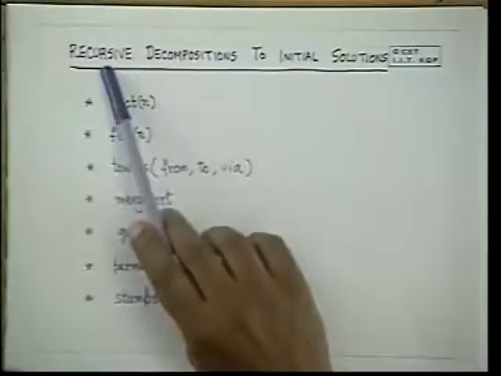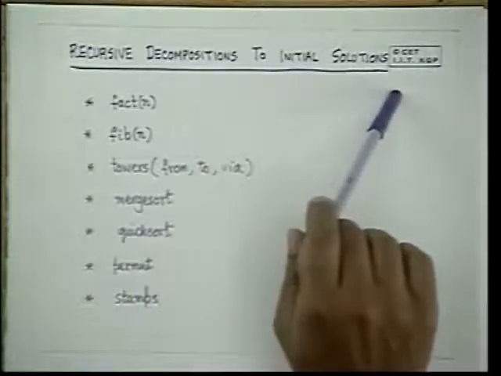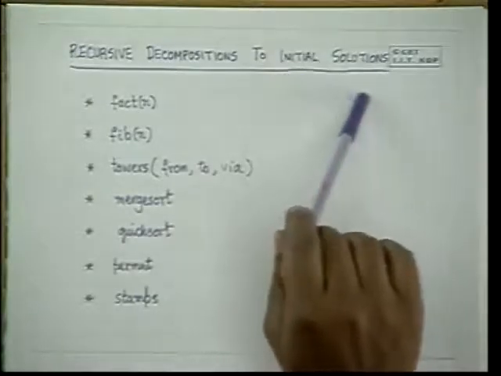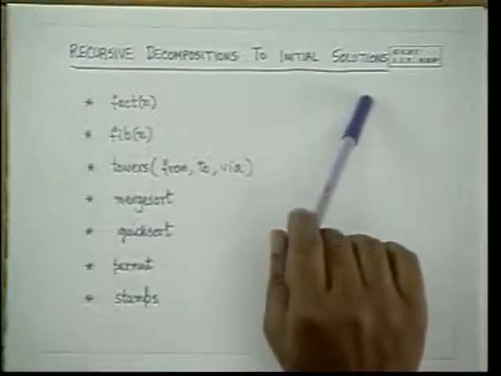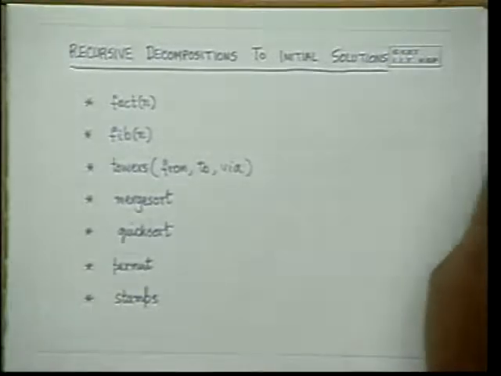We shall continue our discussion on designing algorithms from recursive definitions. And we have seen that what we were trying to do so long was, given a recursive definition of a problem, we are trying to get an initial solution. The final solution will be obtained after a more detailed analysis, as we saw in the previous days.